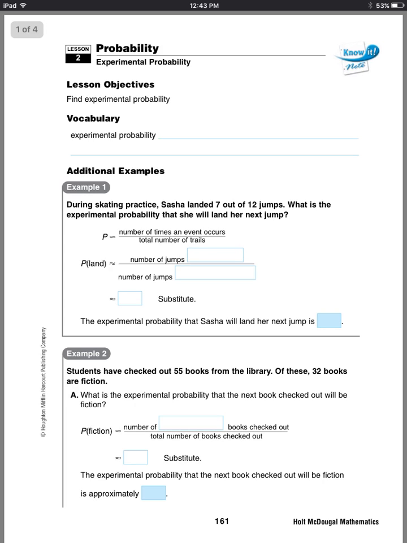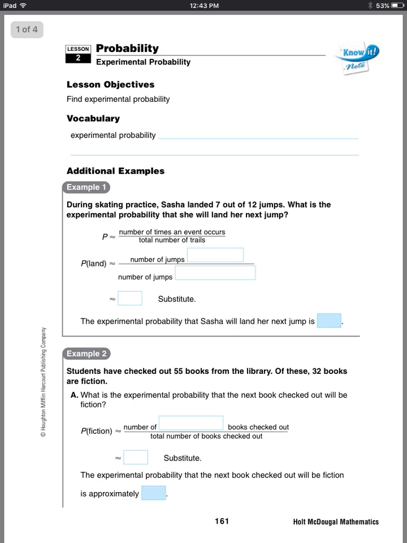Today, we are doing experimental probability, which is the ratio of the number of times an event occurs to the total number of trials. So it's a fraction. The top number is how many times it was true over the total number of times you tried it. Like if you were flipping a coin and you were trying to get heads, and you flipped the coin 25 times and you got heads 12 times, the 12 would be how many times you got heads, so that would go in the numerator over the total number of trials, which is the denominator,